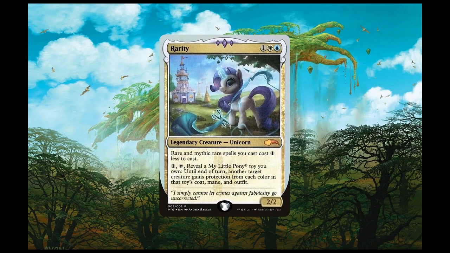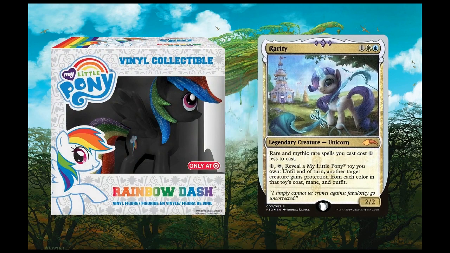On top of that, she also has a Mother of Runes type effect. If you pay 1, tap her, and reveal a My Little Pony you own, you can give target creature protection from any of the colors in that toy's coat, mane, and outfit. As I mentioned in my set review video, if you use this particular version of Rainbow Dash, you can give protection from every color. While on the topic of mana, the deck is running all 10 fetch lands